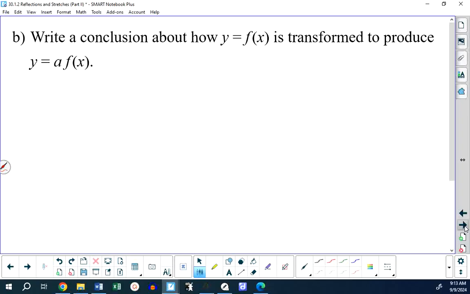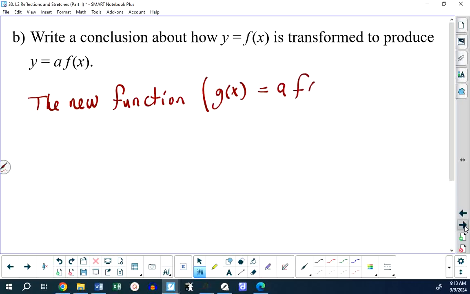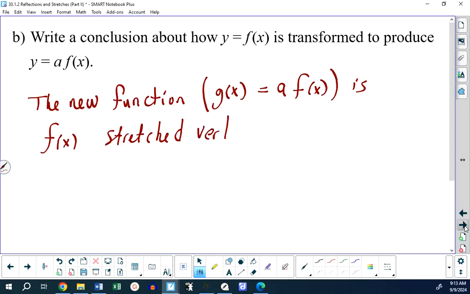So it's best to just say that the new function, which is g of x or y equals a f of x, is f of x stretched vertically by a factor of,